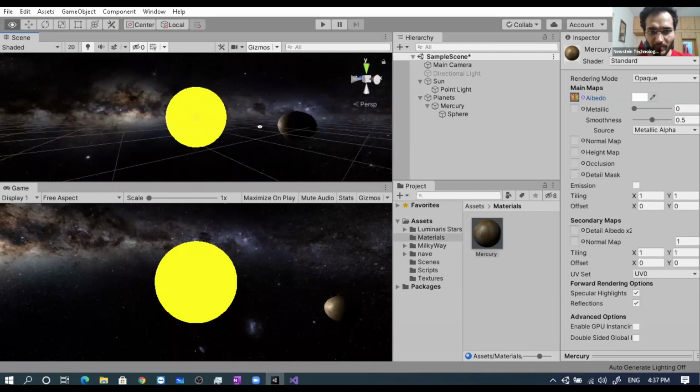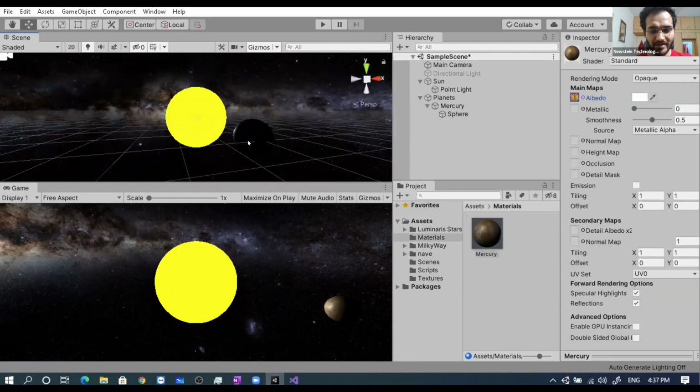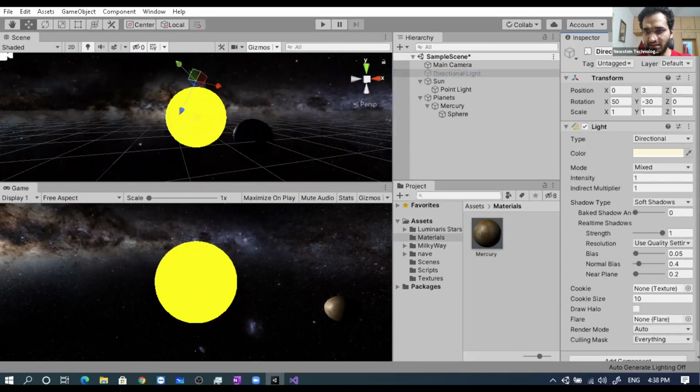To make this side visible, I'll enable this directional light, but at the same time reduce its intensity from 1 to maybe this much, so that I can see at least a glimpse of the back.